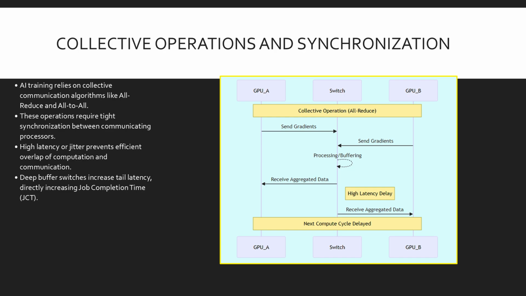This sequence diagram shows an all-reduce operation. GPU-A and GPU-B send gradients to the switch. Ideally, the switch forwards the data instantly. However, if there's processing delay or buffering in the switch, represented by the high latency delay note, the return of aggregated data is delayed. Consequently, the next compute cycle for both GPUs is pushed back, illustrating how network latency directly